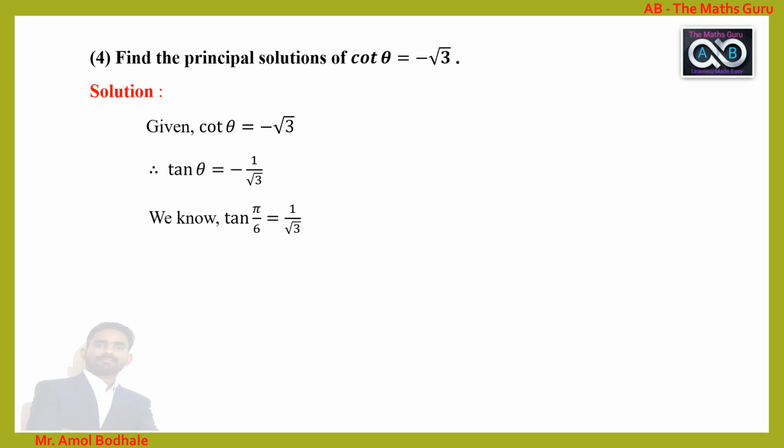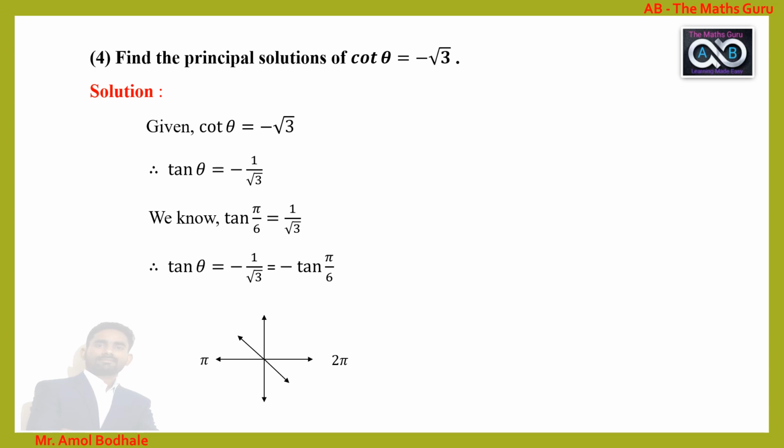So we know that tan of pi by 6, that is tan 30 degree, which is 1 by root 3. So therefore here, given that tan of theta equal to minus 1 by root 3, and this 1 by root 3 can be replaced by tan of pi by 6. So here LHS is tan theta and RHS is minus tan pi by 6. But we cannot compare these two sides because one side is positive, another one is negative. So our target is changing this negative trigonometric function in terms of positive. Now we have to think about in which quadrant tan theta is negative. So tan theta is positive in first and third quadrant. So obviously tan theta is negative in second and fourth quadrant.